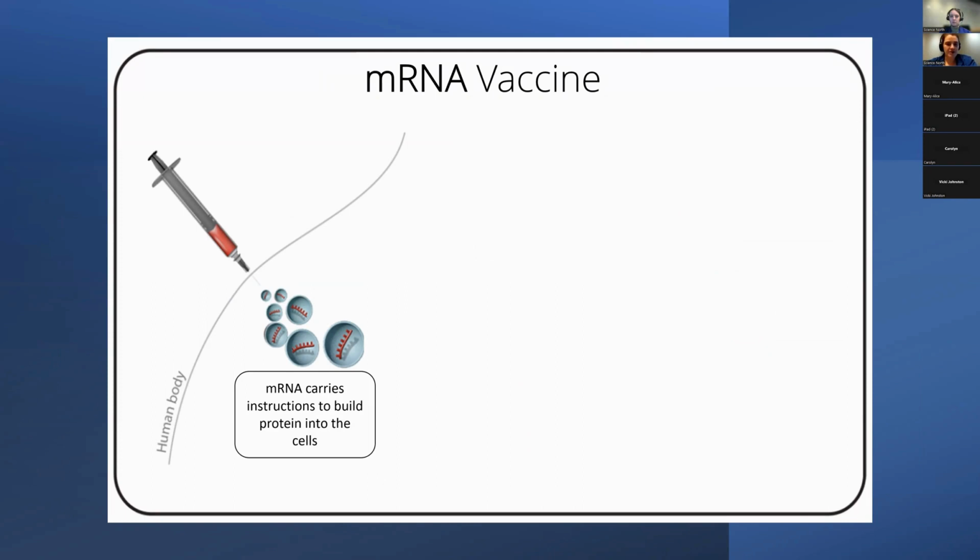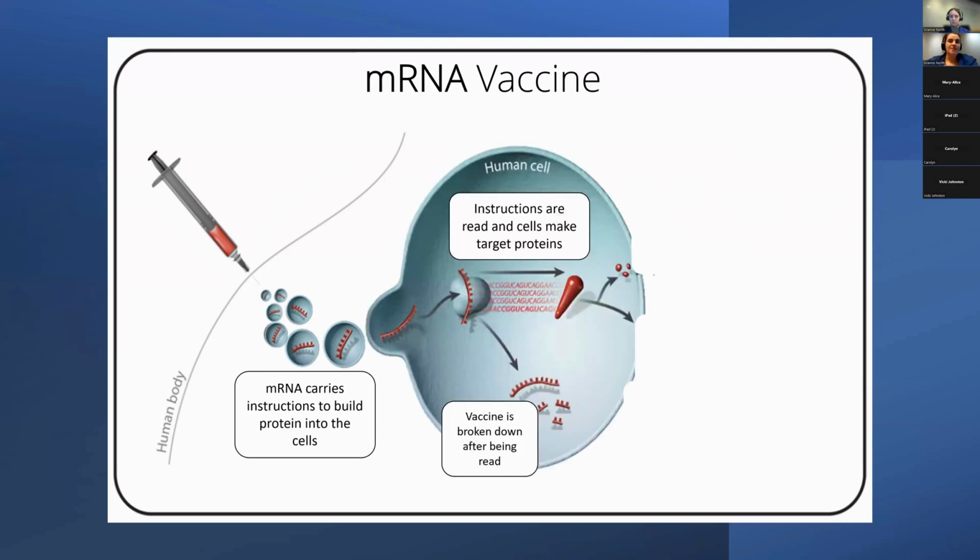And you may have heard of this one. But essentially, same as the inactivated vaccine, it will not replicate inside your cells. Therefore, there is no chance of you getting the disease from the vaccine. It's messenger RNA. So RNA is like a little messenger that has a code of instructions to teach your cells how to make those antigens or those proteins. So essentially, it's just like a little postal worker that brings the instructions into your cells.